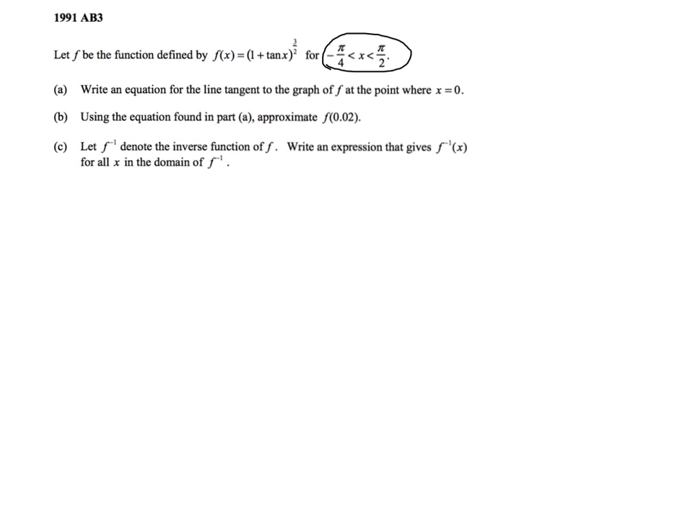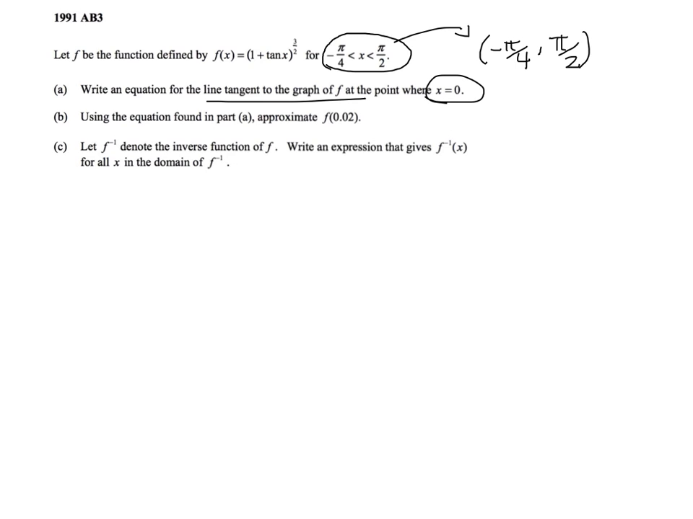So the graph usually is for all real x, but they're restricting the graph, and it's kind of like, think of it as like a piecewise function, but it only has one piece. But they're just saying we're only going to look at the graph from negative pi over 4 to pi over 2. All right, part A, write an equation for the line tangent to the graph of f at the point